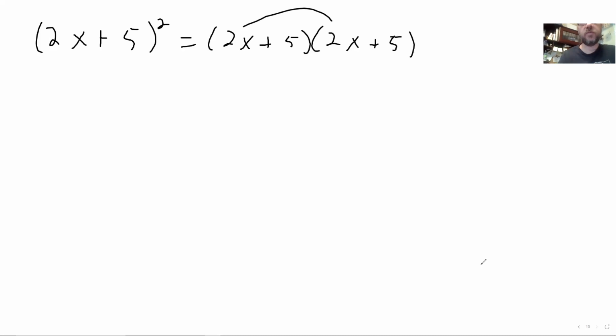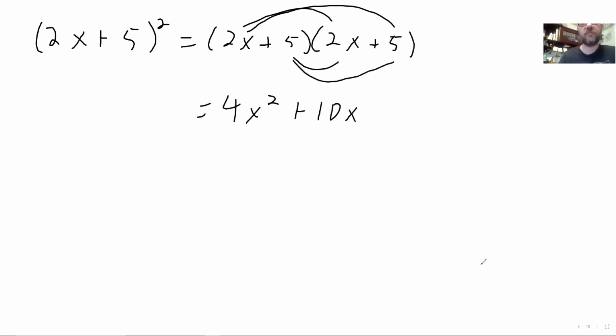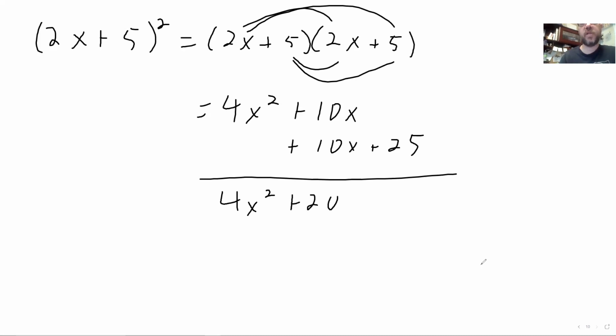When I multiply it out, 2x times 2x and 2x times 5 gives me 4x squared plus 10x, and then 10x, 25. So I get this, 4x squared plus 20x plus 25,